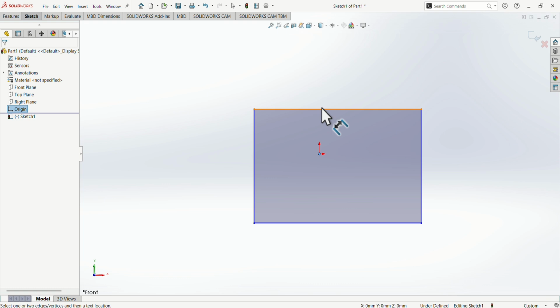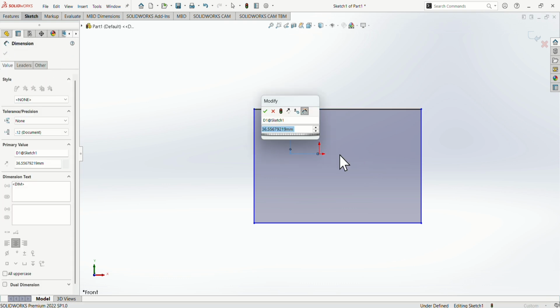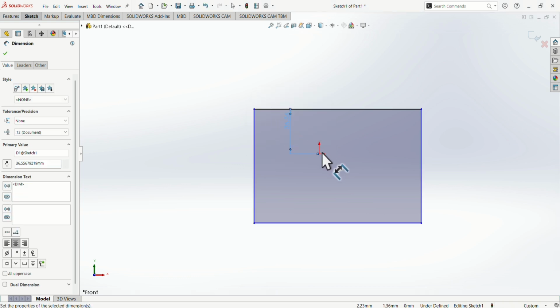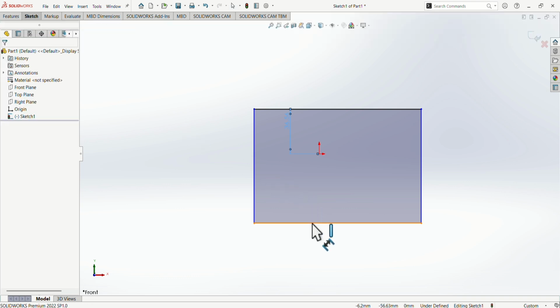Menu bar. At the top of the screen, you will find the menu bar. The menu bar contains commands such as File, Edit, View, Insert, Tools, Window, Help. These menus provide access to nearly every command available in SolidWorks. For example, under the File menu, you can create a new file, open an existing project, save your work, and